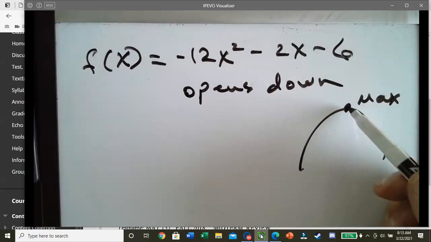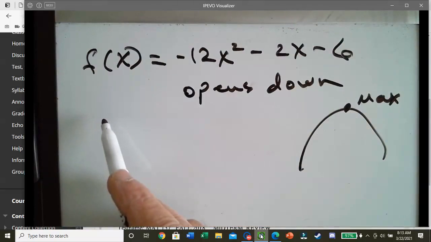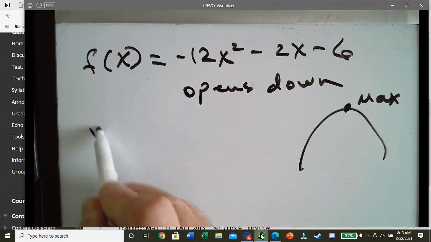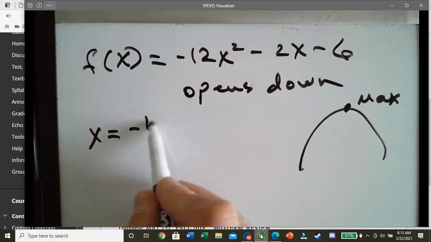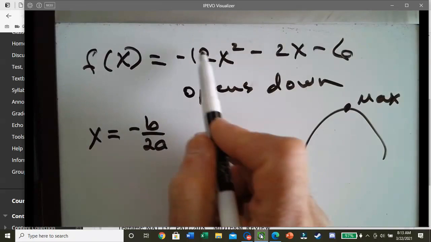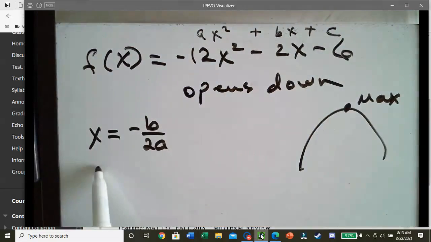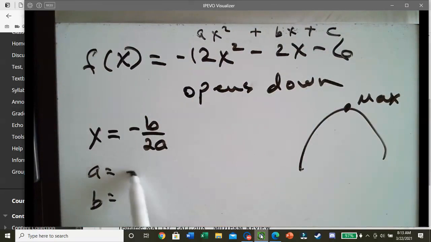So basically we have to find the vertex, right? Once we find the vertex, then we can find the maximum value. So what do we have to do first? You've got to use the axis of symmetry equation, negative b over 2a, where here's a, b, and c, in ax squared plus bx plus c. Where a is negative 12, b is